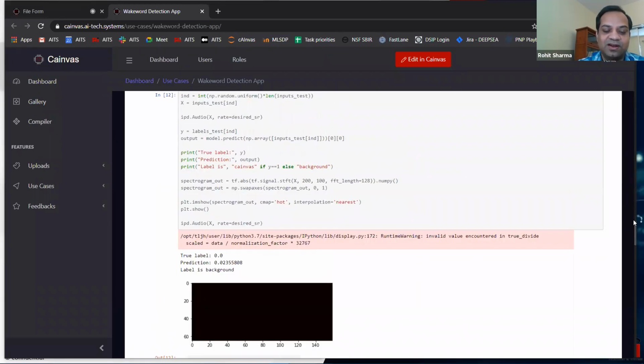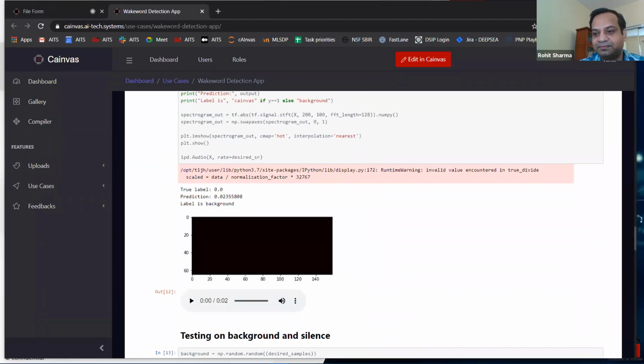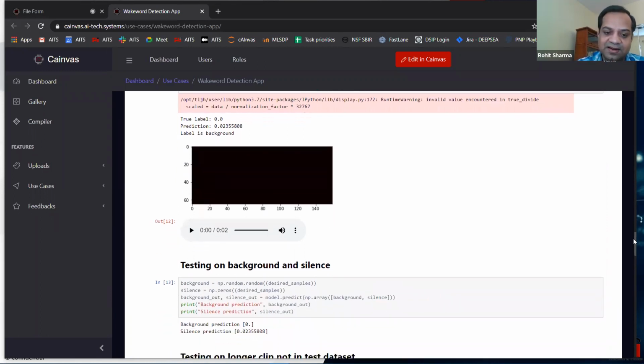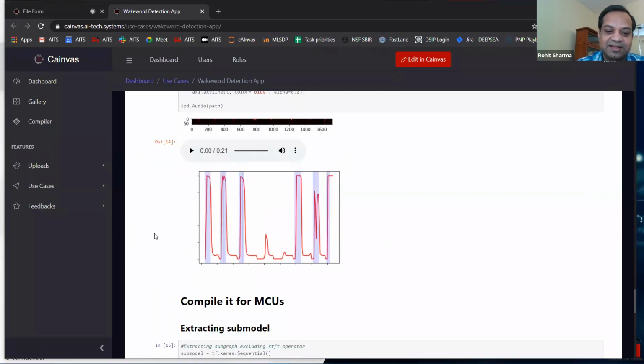And it does all kinds of analysis. You can see how your spectrogram looks. You can also test and see some of the audio files that are recorded, and also test on the silence. This actually plots where the machine is able to detect the words that are being said.